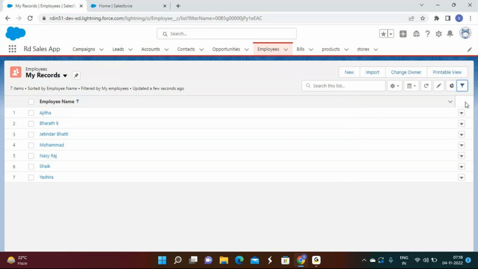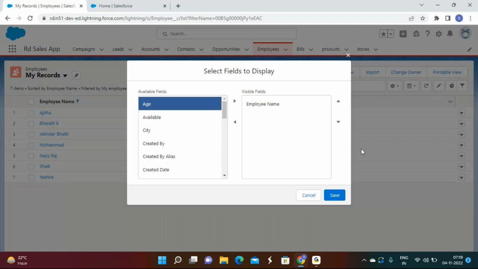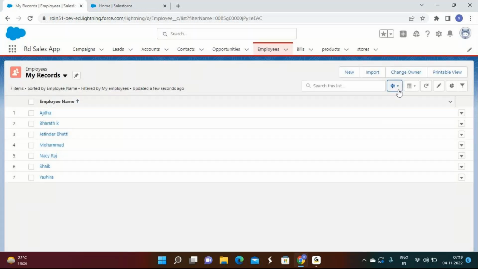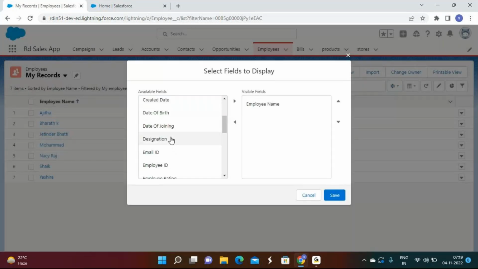Now select the list view controller, select fields to display. Now you can see whatever the available fields in the object. On the left side, when you select, you add, and on the right side, if you don't want, you can select and remove also, however you want. Go to list view controller, select fields to display. I want to add designation, employee ID, and date of joining,